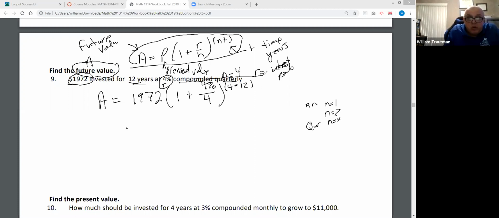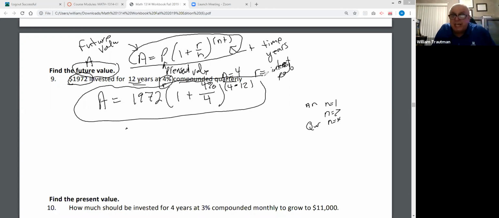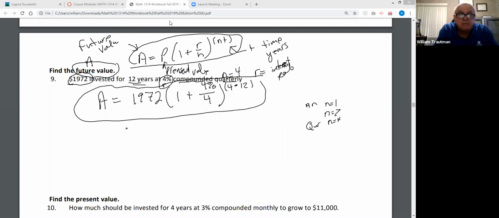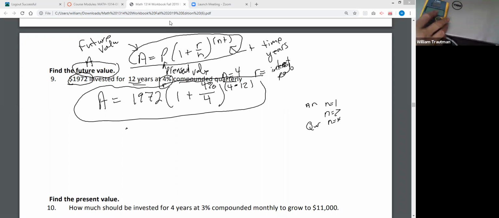So this is what I'm putting in my calculator. And it has to look exactly like this with the parentheses, or you may get it wrong. So I really recommend practicing this. Try this, and if you don't have your calculator now, watch the video and practice it with your calculator to make sure you can type it in correctly. So let's type this thing in. On my calculator, I am typing in